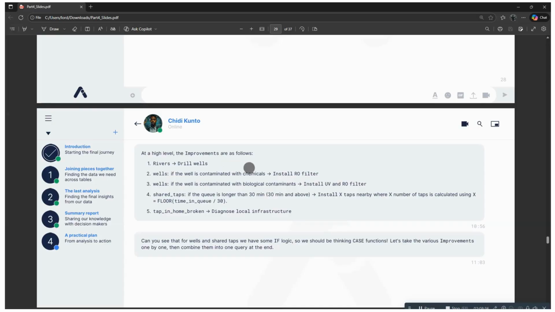Okay, if it's chemical pollutants, then the improvement is to install RO filters. If it's biological contaminants, install UV and RO filters. If a water source is a shared tap, then we need to know how many taps are supposed to be installed around that particular tap. If it's a tap of ID 200, take the queue time for that tap of ID 200, divide by 30, and then create a string that reads install and then the number that you